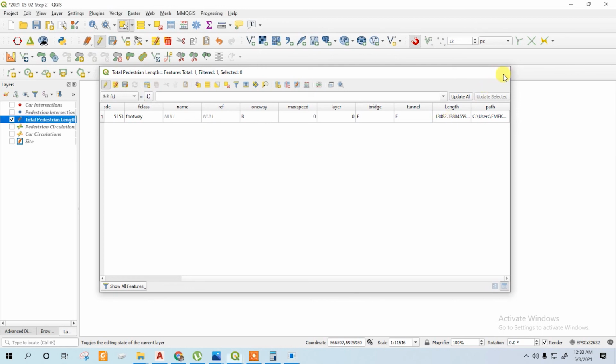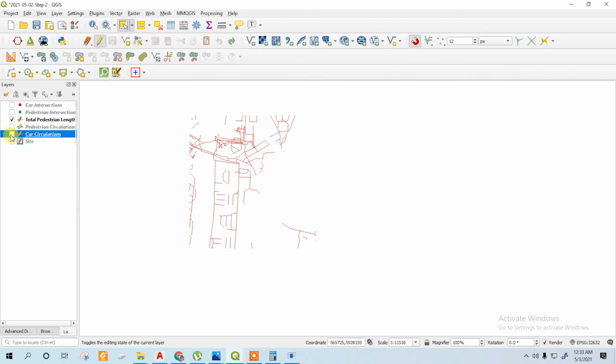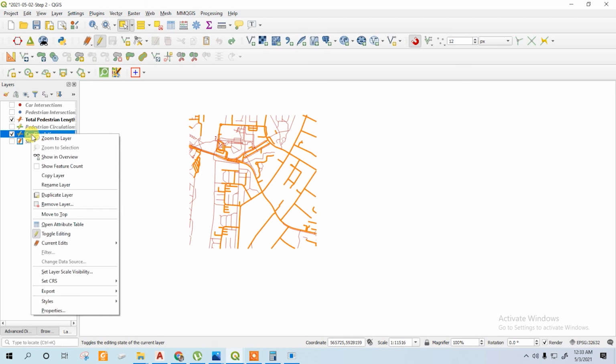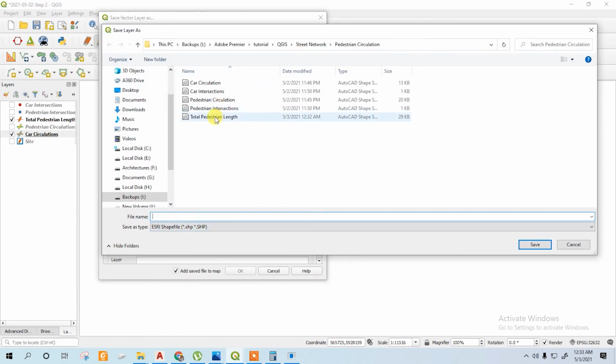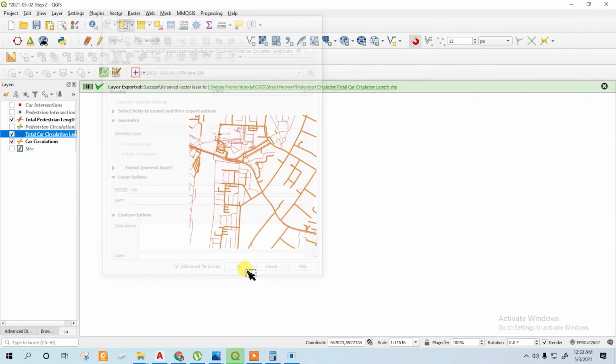In a similar process we will do the car calculation, total car circulation length. Export, save features as, we are making a copy, total car circulation length, save.